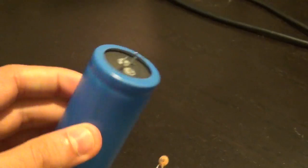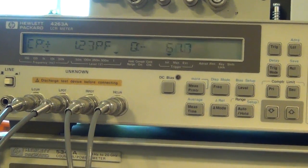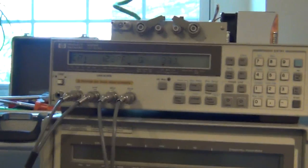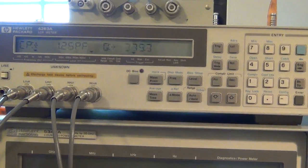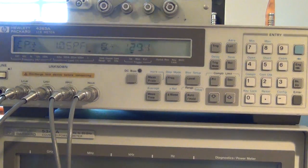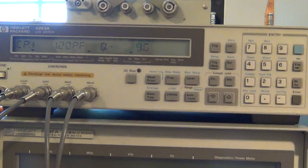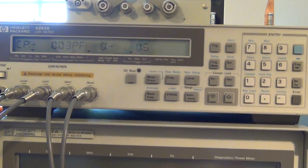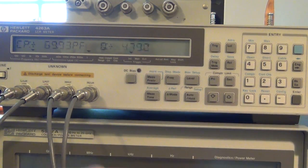So let's measure these two, but in order to know what we're actually measuring, let's first use an actual LCR meter. I'm going to use my HP LCR meter, which is quite an expensive unit. I'm going to connect the little capacitor to it. These are the terminals. We've seen this before in some other videos. So if I connect it, positive and negative, like so,